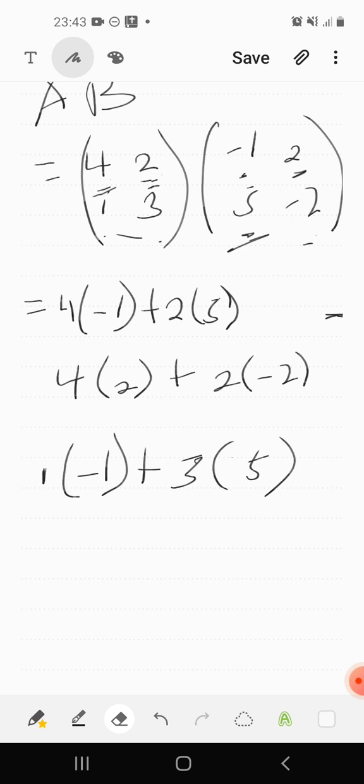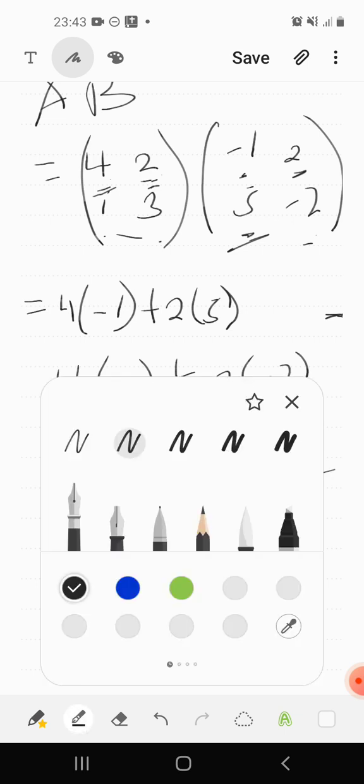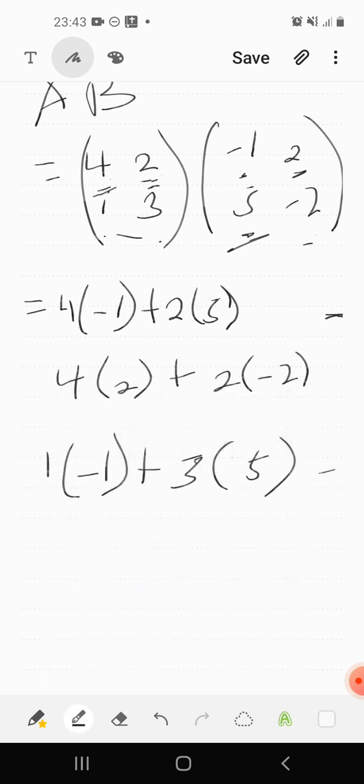So this one should be downstairs. Okay, the second row multiplying the first column, the second column should be downstairs. So we have -1 multiplying what? -1. We have 1 multiply -1. So we have 1 multiply -1, and then leave a space, and then should have also continued, but because of the space I'll write it down here. So we have